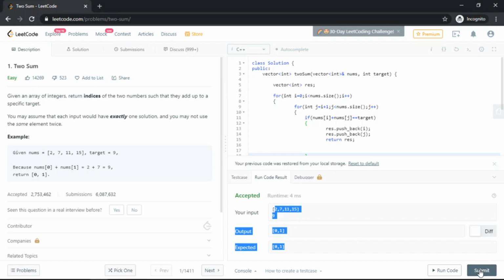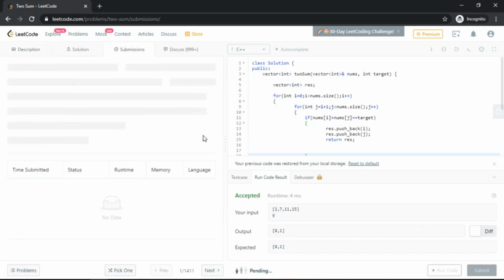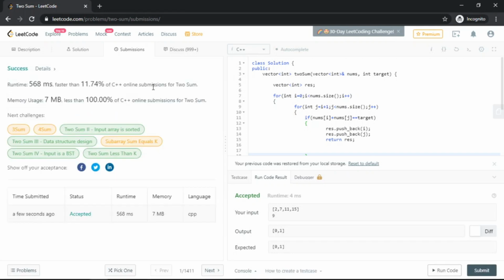So we'll submit this code and check whether it accepts the other test cases. As you can see, it is accepted, and the runtime is 568 milliseconds, and the memory it is taking is 7 MB.